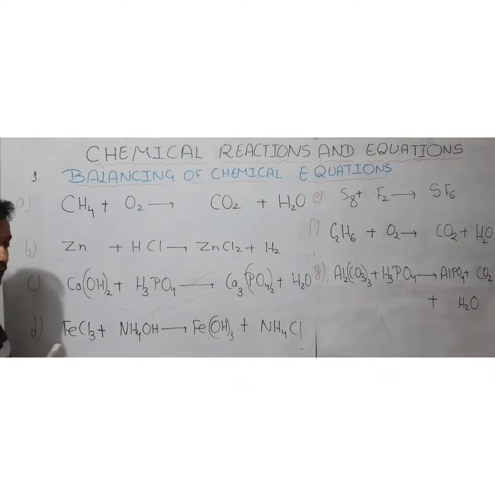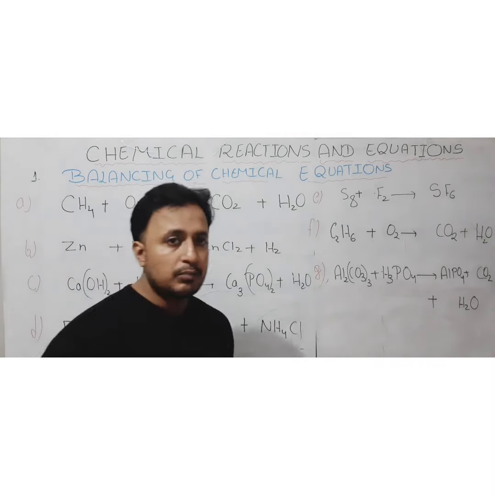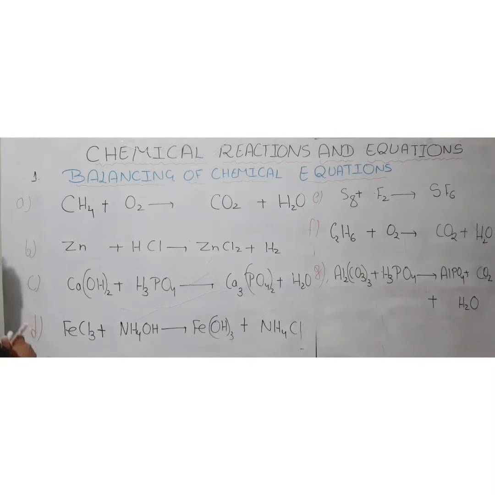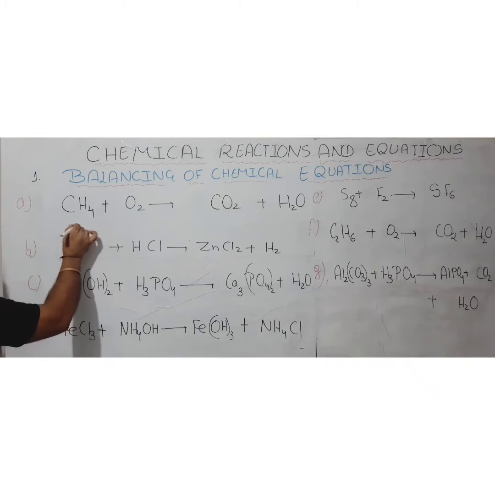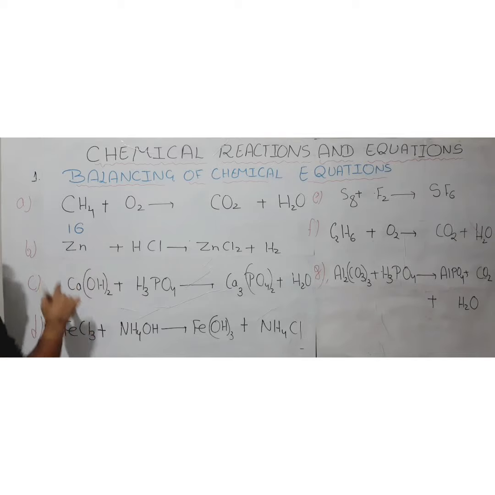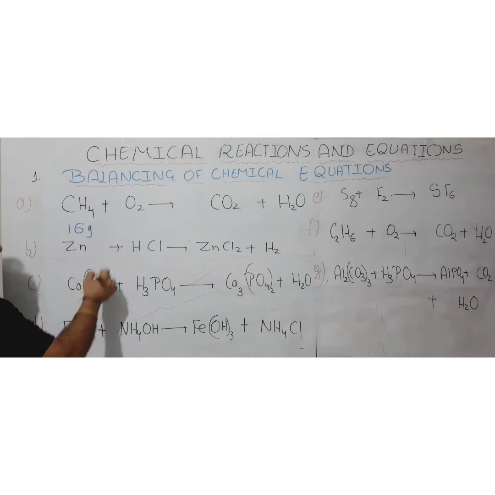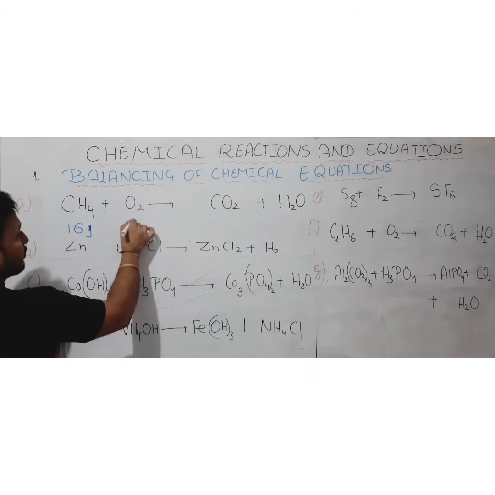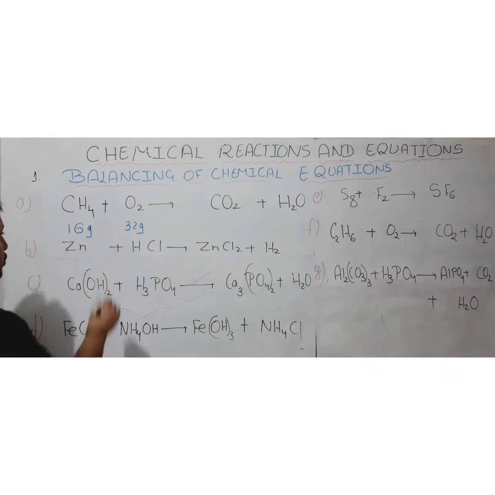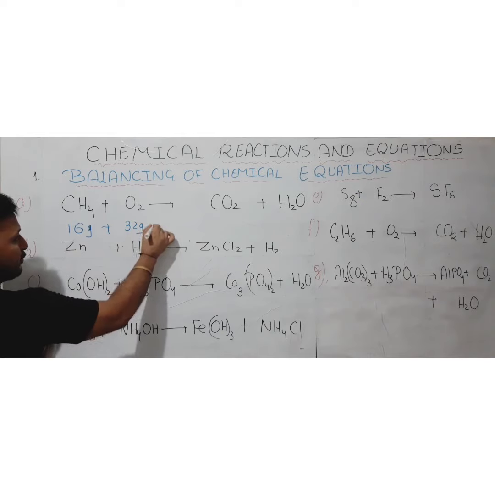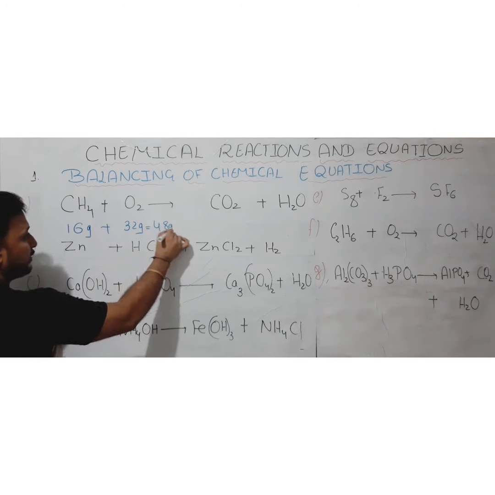Now if you calculate the molecular mass, I hope you all know how to calculate molecular mass. By using the atomic masses of the elements present in a compound, we can calculate the molecular mass of the compound. So just calculate the molecular mass of CH4 here. It will be 16, like 12 plus 4. Carbon has a mass of 12 units and hydrogen has 1, and there are 4 hydrogens, so it will be 16. Let's take it as grams, 16 grams. Now oxygen will have the mass 32 grams. So the total mass of the reactants here comes to 48 grams.